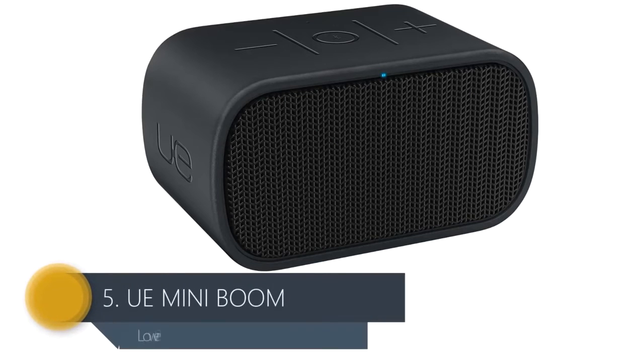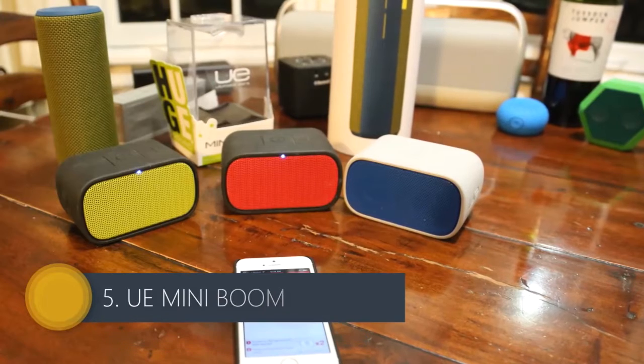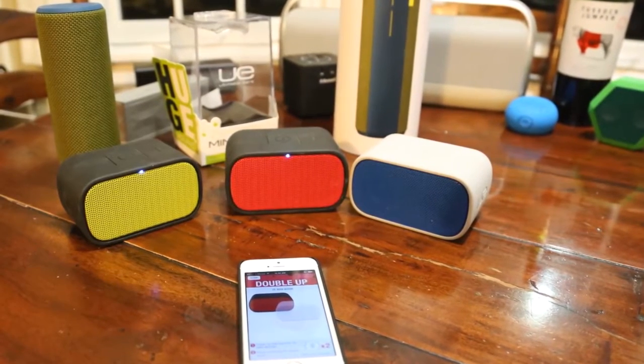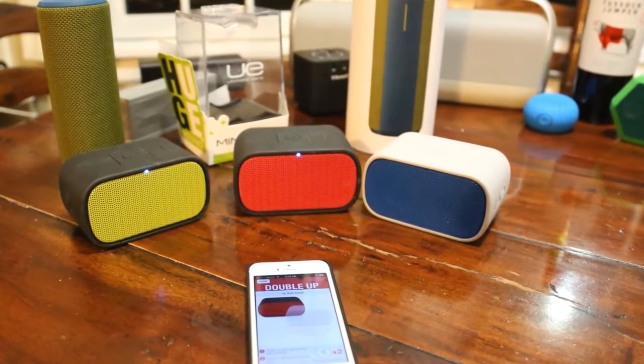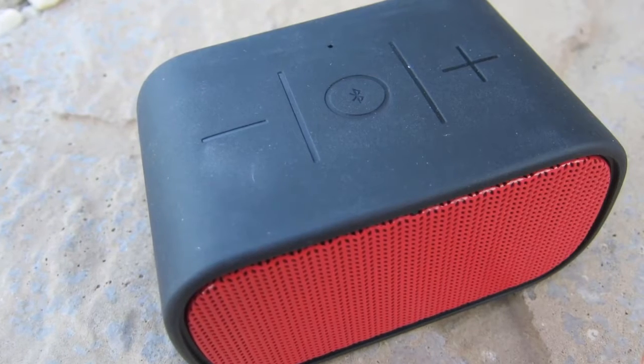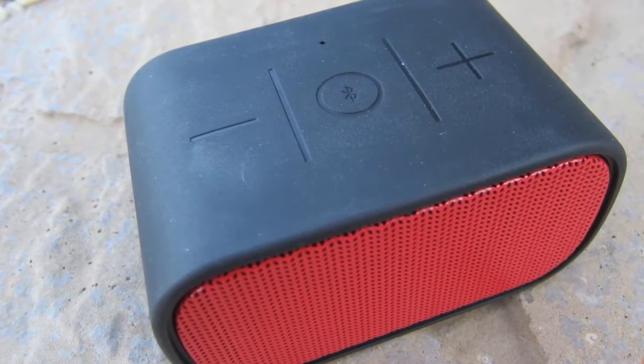Number 5. UE Mini Boom. This UE Mini Boom by Logitech is one of those speakers that strives to perform like other high-end devices while trying to maintain the low price tag. Case in point, the Mini Boom offers sound quality akin to that of the Bose SoundLink, while still managing to